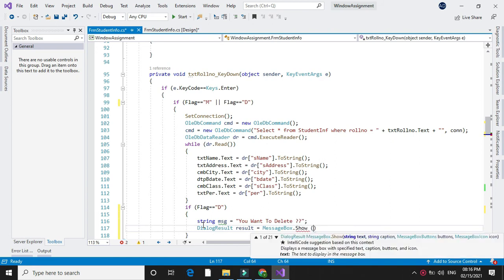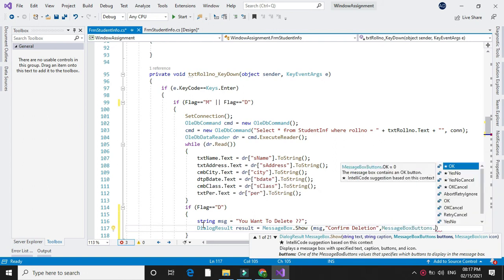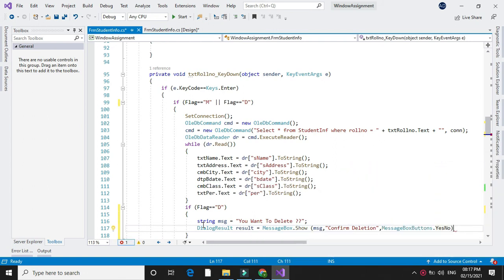We will display the message, so msg comma caption "Confirm Deletion" comma MessageBoxButtons.YesNo, and we will check the dialog result.